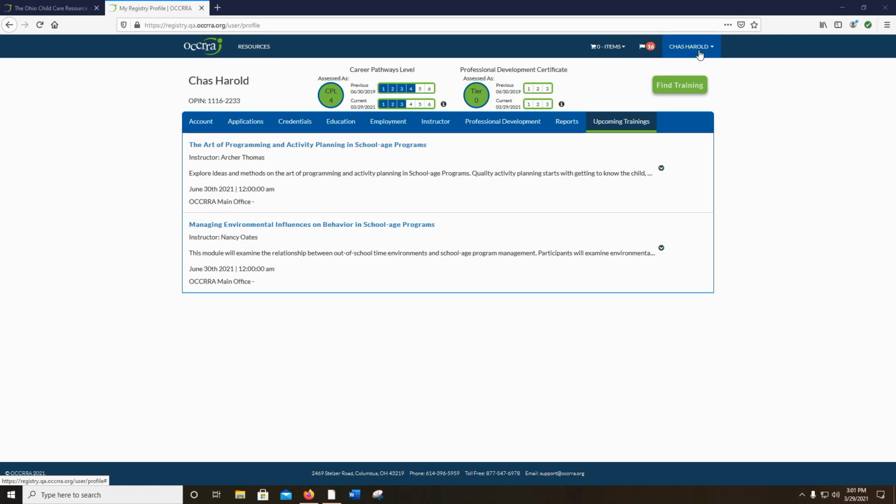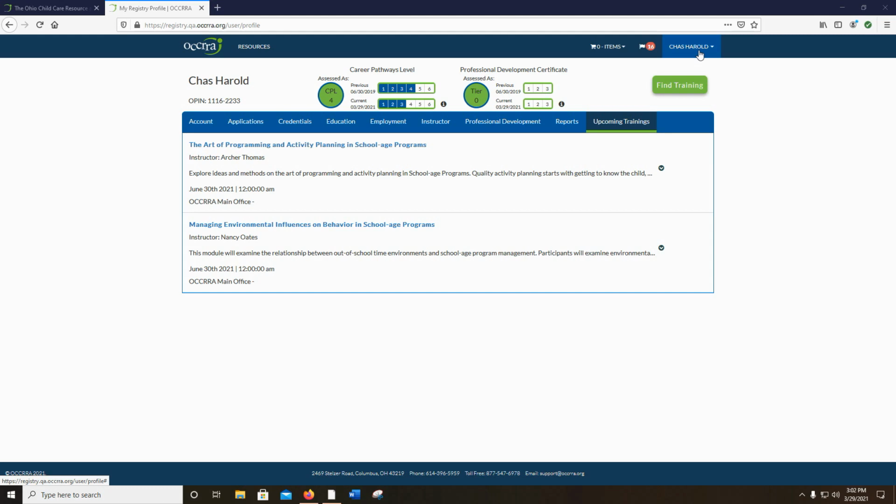Access to the PD Event application is through the Training Organization dashboard. To gain access to a Training Organization dashboard, ask your agency if a Training Org dashboard already exists in the OPR. If your agency already manages a dashboard, the administrator of that dashboard will need to grant you access and permissions. If you are not associated with a training organization, you can apply to become one. For details on both processes, please review the Training Organization Dashboard User Guide located on the Resources page of the